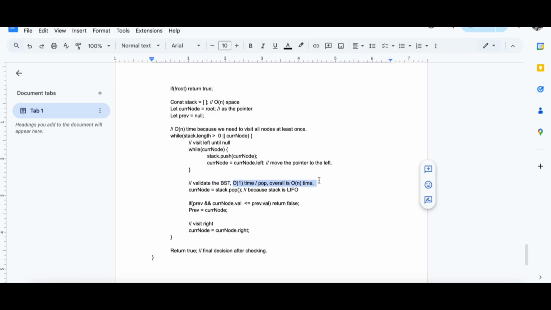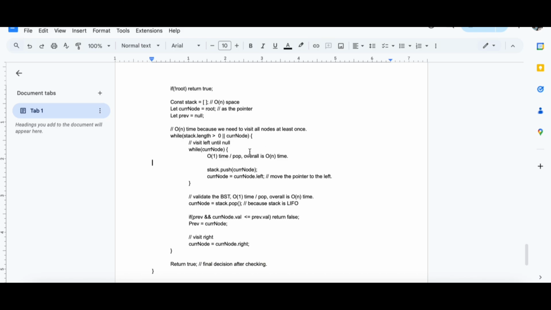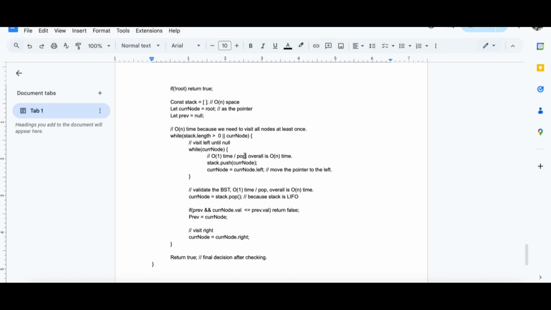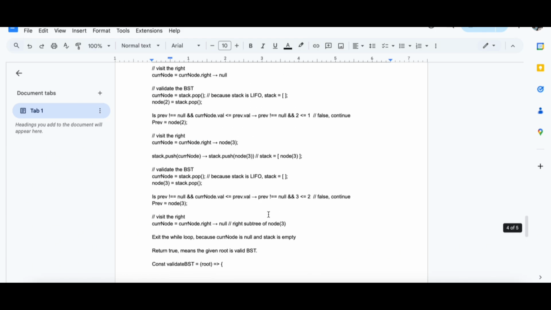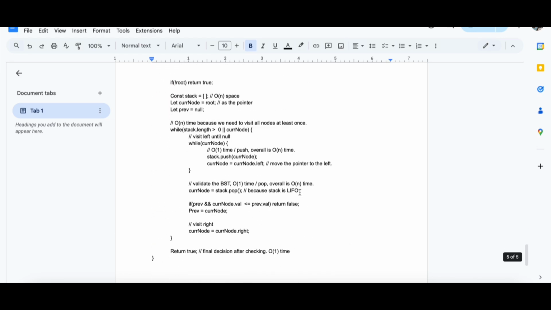Then this will be the same, right? This one is O(1) time. So for this solution, it will be O(n) time and O(n) space. That's all. Let's move to option 3.